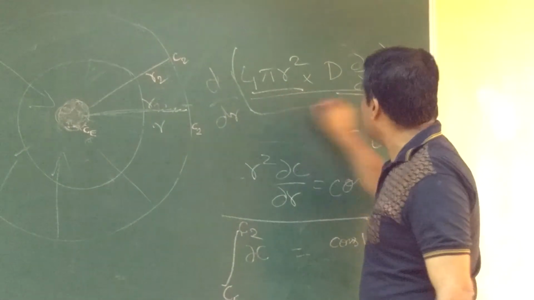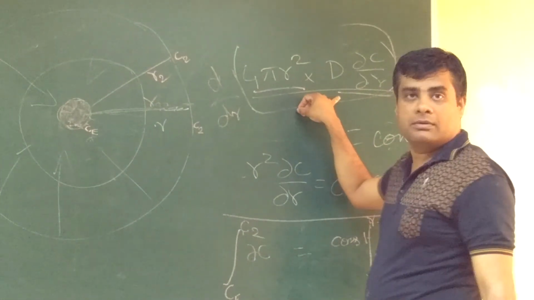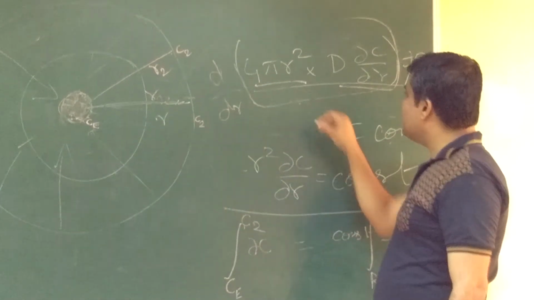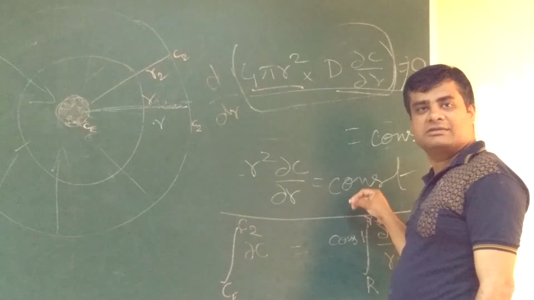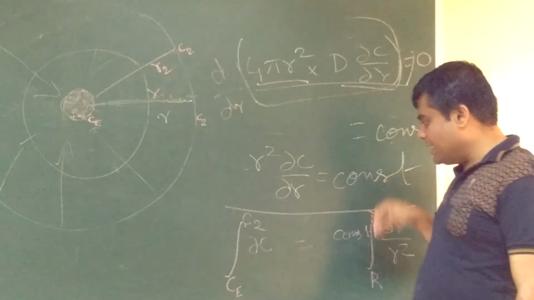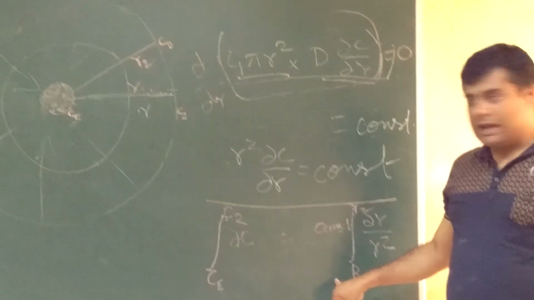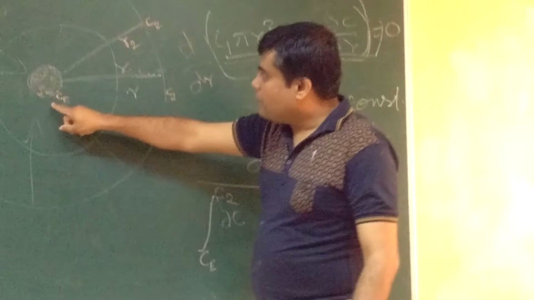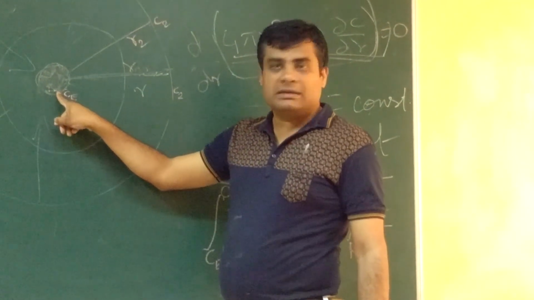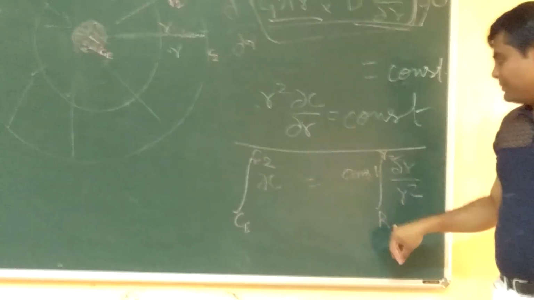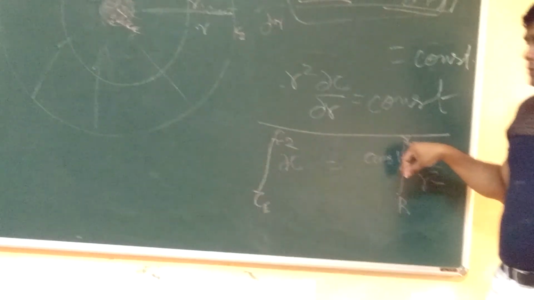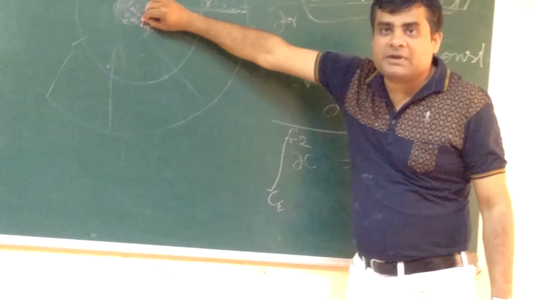That means inside is constant: r square del C del R multiplied by 4 pi D is constant. So r square del C del R is constant. From there I could write this, and I integrated from the interface. The precipitate radius is capital R, so from capital R to R2, and at the surface of the precipitate